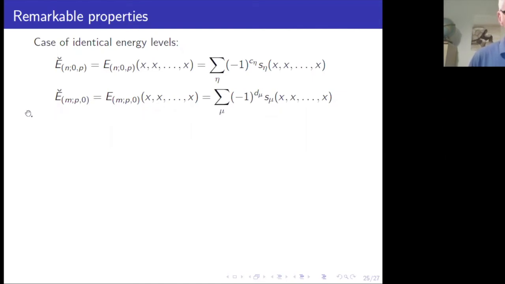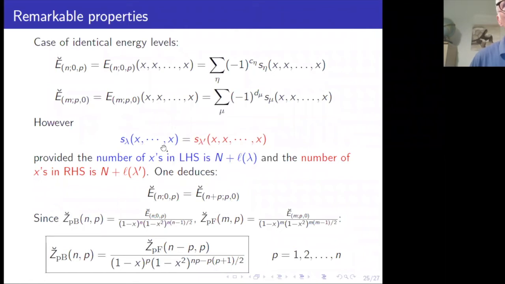Right. Now, of course, if we look back to this specialization that I gave in the beginning in the mathematical intermezzo, then from that expression you remember the Schur function specializes just to x to the power the weight of lambda, with some factor in front. And in that case, if you look back to this factor in which contents and hook length appear, it's fairly easy to see that this s lambda with a number of x's, and s lambda prime with a number of x's, and these two here, the etas and the mu's, are conjugate to each other because you add p numbers to the legs or to the arms, that they actually are the same, provided the number of x's here is